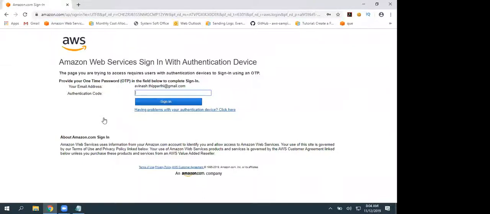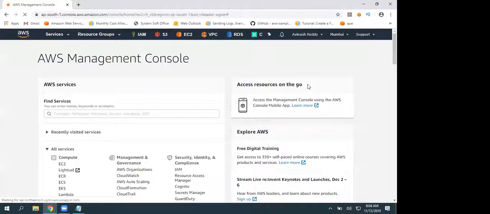And this is going to change every 15 to 20 seconds. So whether you have internet or not, that doesn't matter. You need to enter that. Click on sign in, then only it allows you. If you are facing any difficulties, just below that code, you have an option: facing difficulties, contact AWS. You can resynchronize or you can raise a ticket from that window itself.